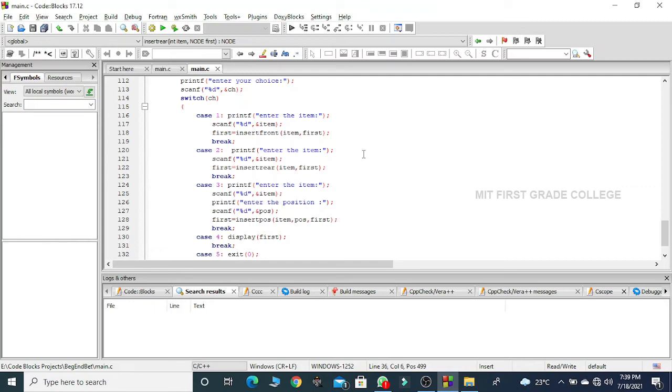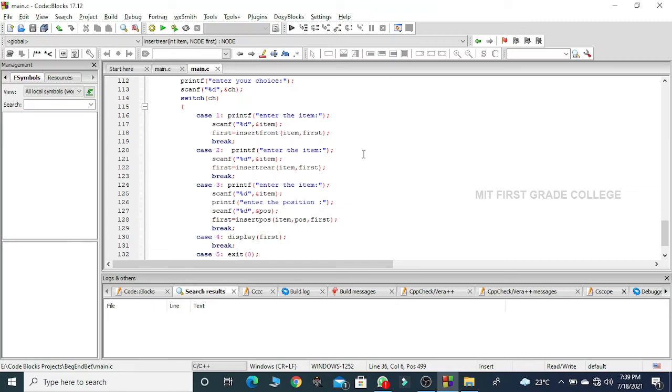If I choose to insert an item at a specific position, I require two things: one is the actual data that has to be processed, and the second is the position where I want to insert that item. First, I enter the item, read it with the help of the scanf statement and store it inside the variable item.